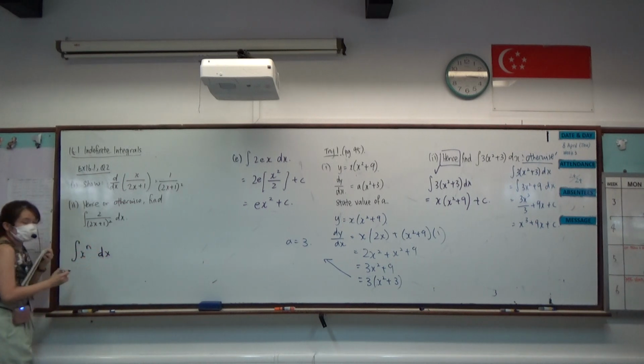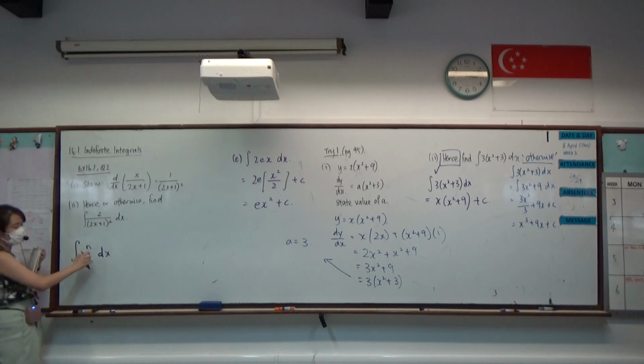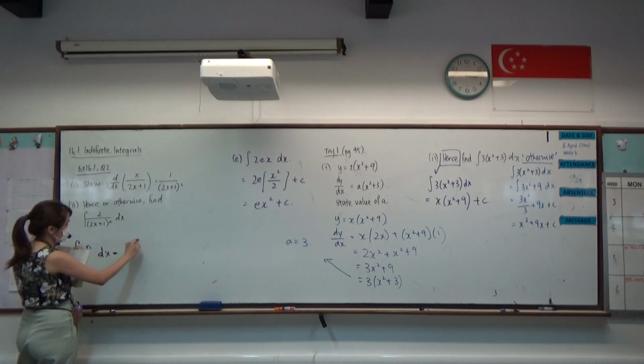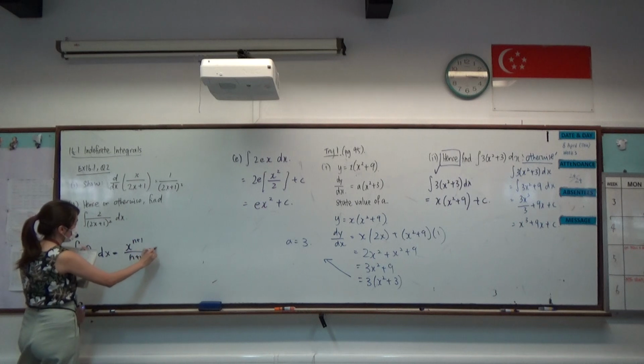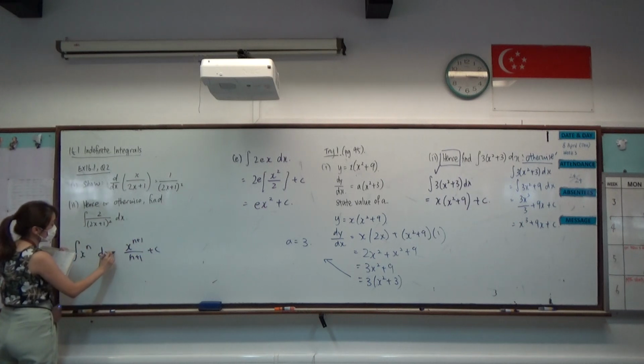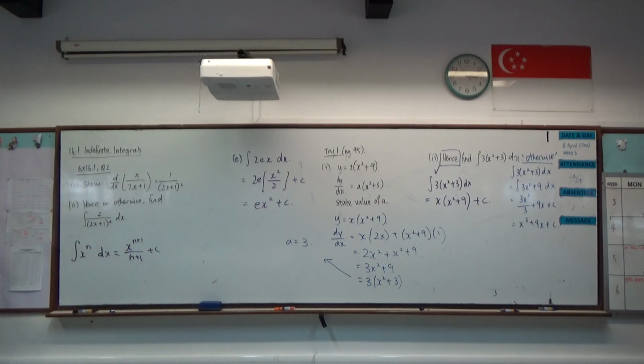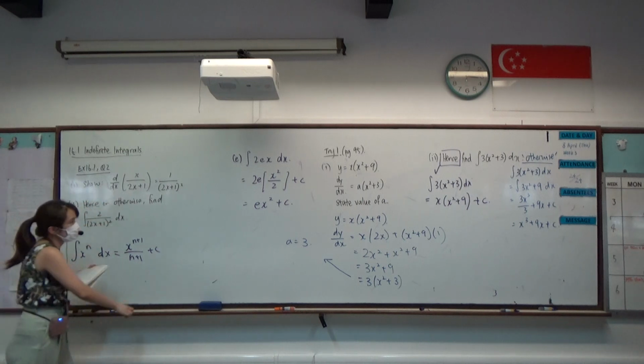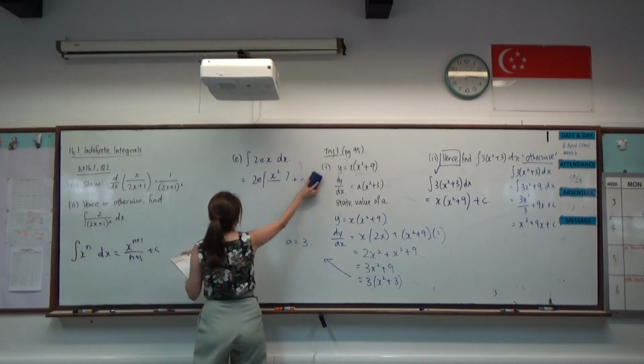So we're looking at integration of x to the power of n, such that I get x to the power of n plus 1 over n plus 1, plus c. This is what we have learned so far regarding integration. So I will not be able to solve this. So I need to look at part I. We are asked to show this. So, going about differentiating,